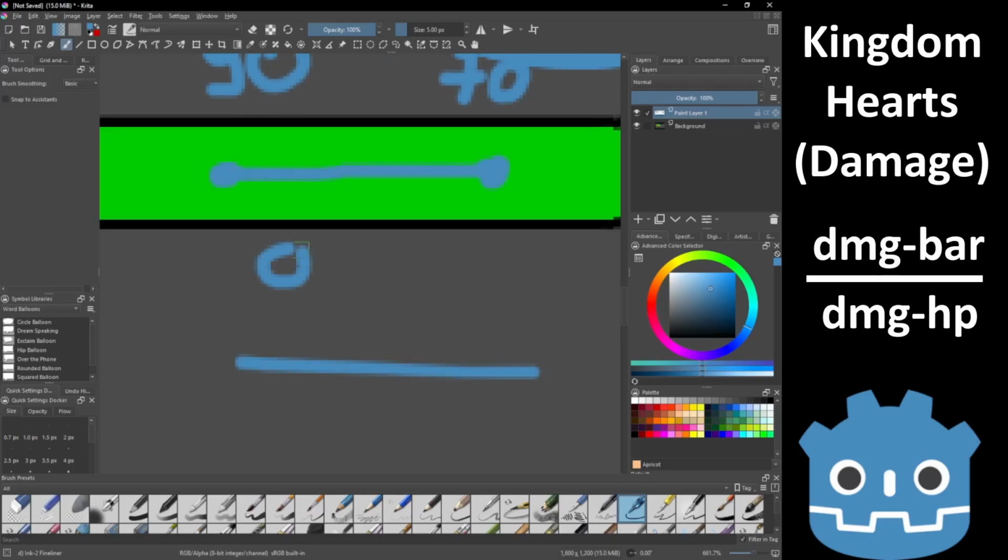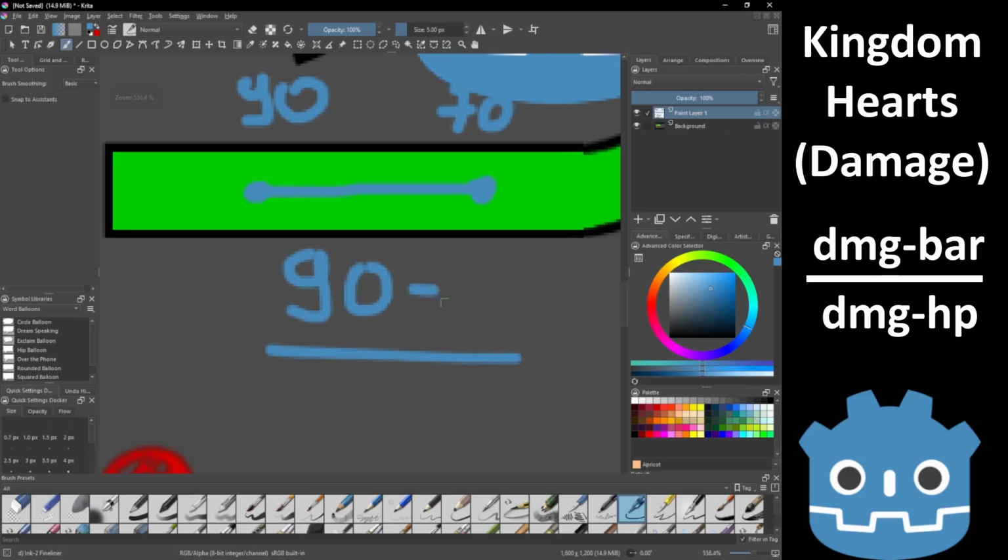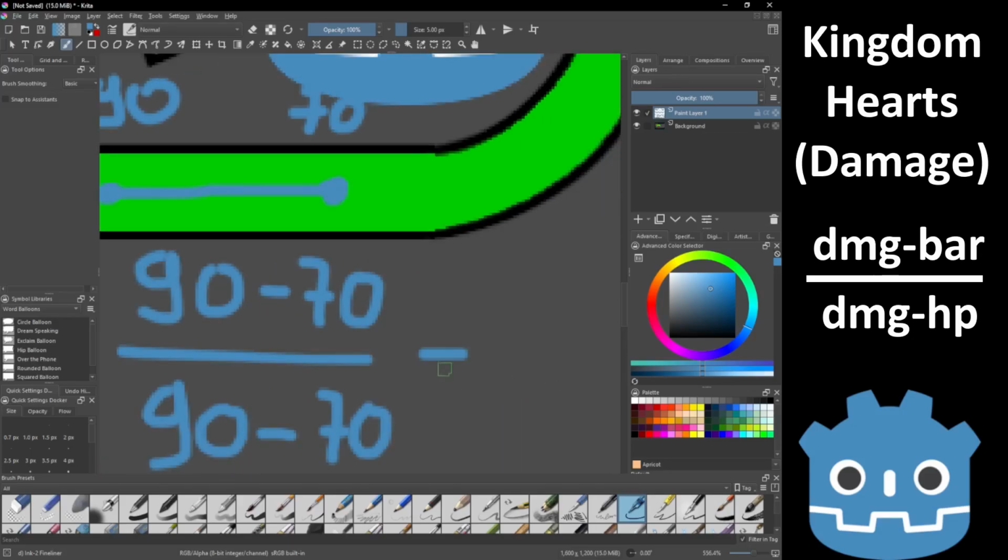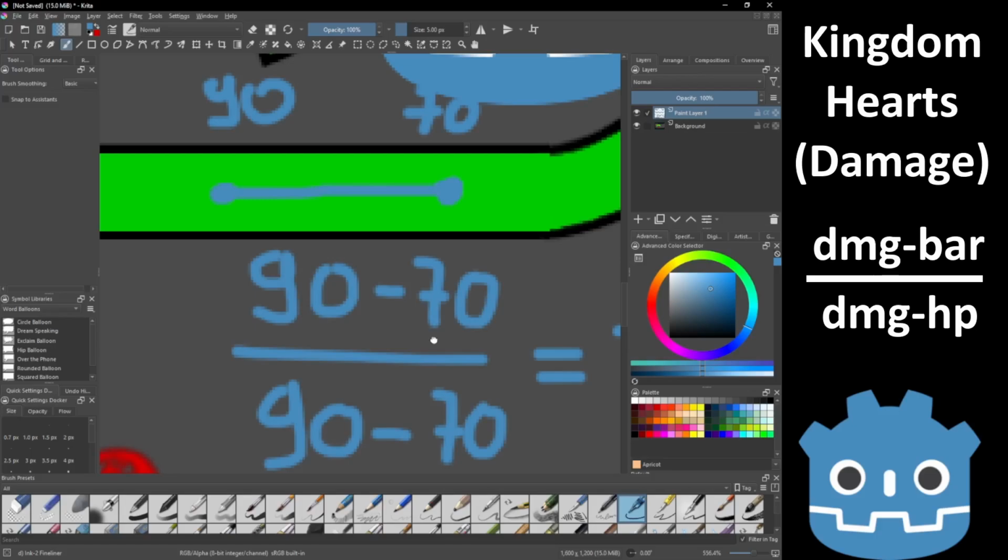We take 90, which is where our bar damage indicator is, minus where our bar 6 is, which is 70, divided by 90 again, minus our health, which is 70. And that will give us 1. That means that all the damage we take is in the horizontal bar.